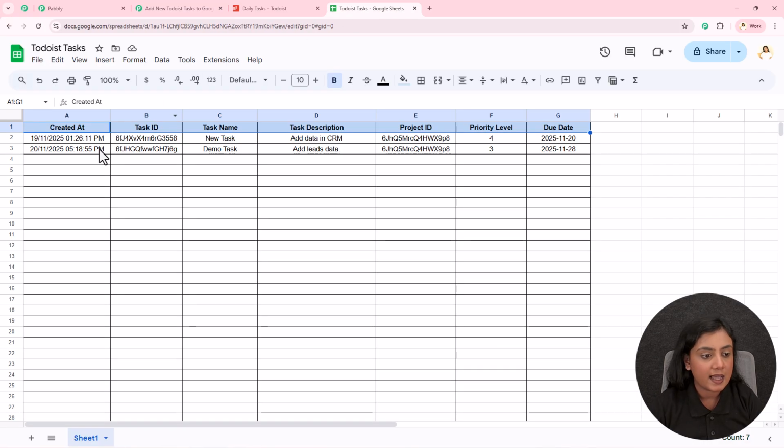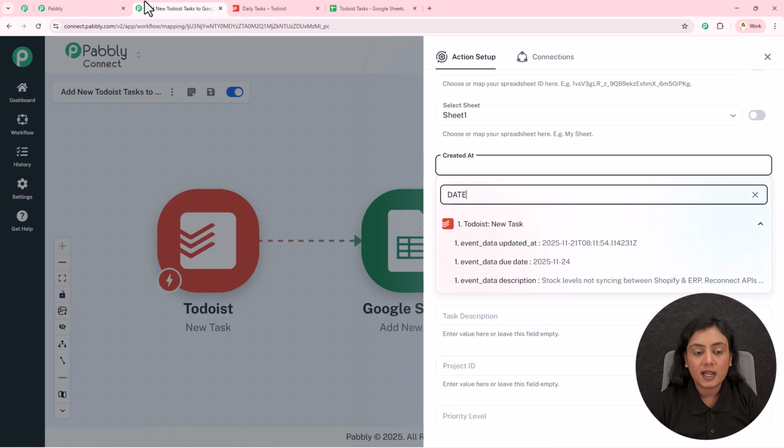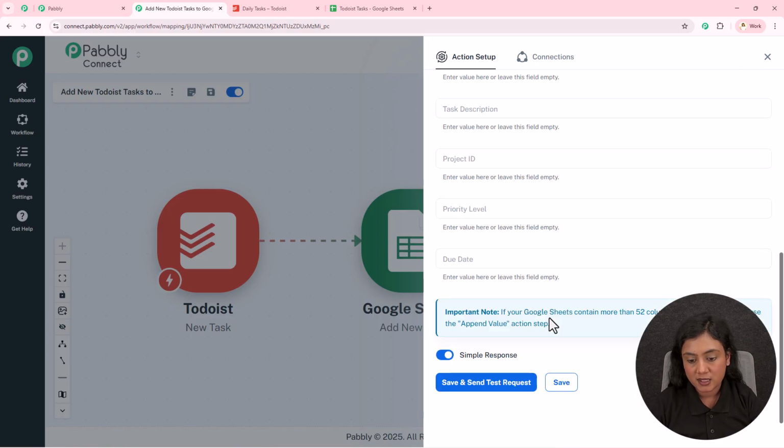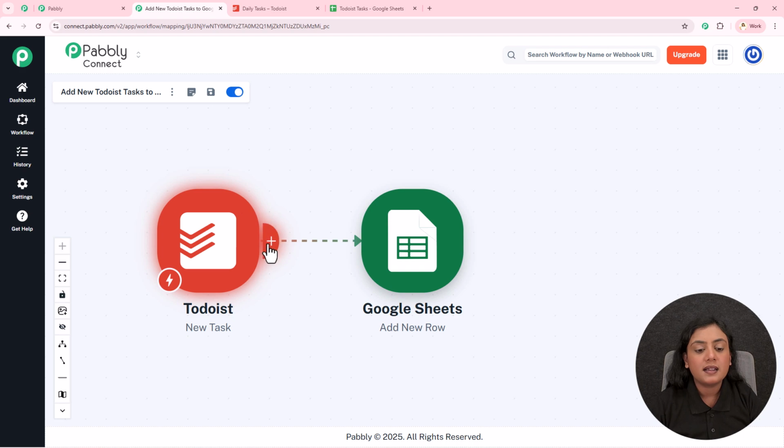I want this kind of format right here. For that, simply what we are going to do is I will save the step. Remember to save the step, because if you're not going to save, the entire step will be gone. You cannot find the step again. After saving, add an action step